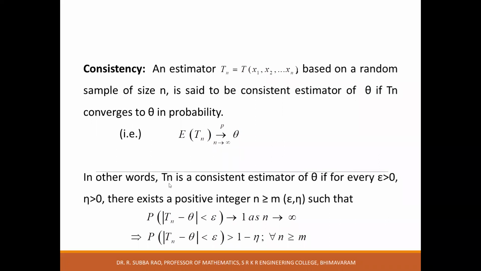In other words, Tn is a consistent estimator of theta if for every epsilon greater than 0,